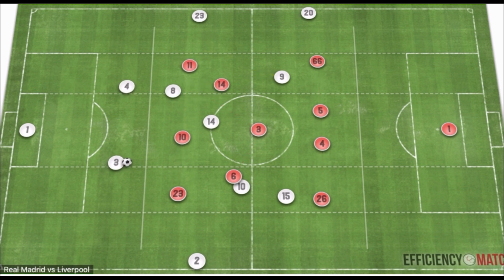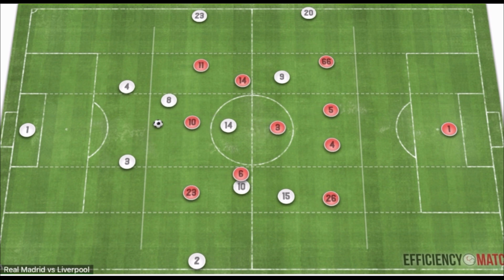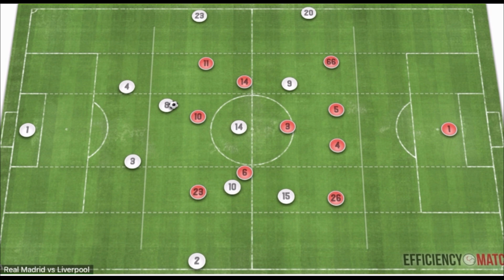But as we look, when Liverpool go with a man-oriented approach, they'd have Henderson jump higher, as we just saw, and when they were more spatially oriented, after probably the first 15 minutes or so of the match, they became more spatially oriented, dropped off a little bit out of their 3/4 press and into their mid-block,